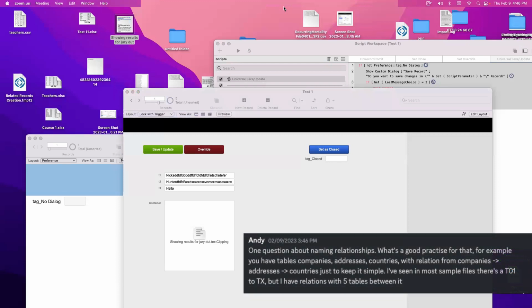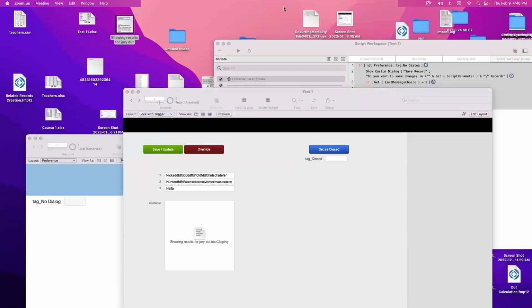One question about naming relationships. What's a good practice for that? For example, you have tables: companies, addresses, countries, with relations from companies to addresses to countries, just to keep it simple. I've seen in most sample files there's a TO1 to TX, but I have relations with 5 tables between it. So, yeah, if you have a relationship from 5, first of all, you have